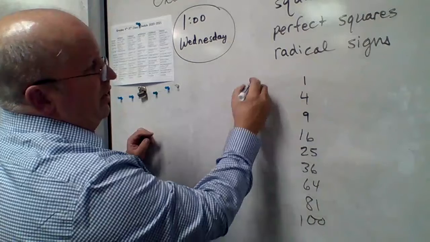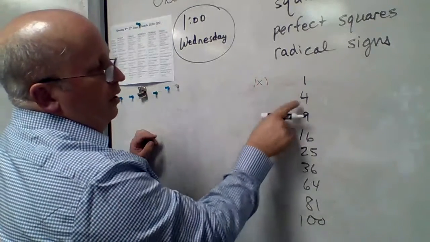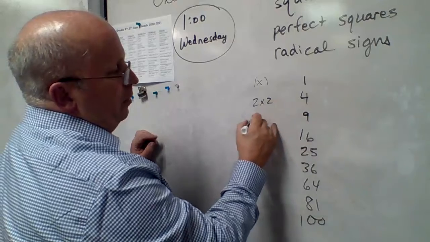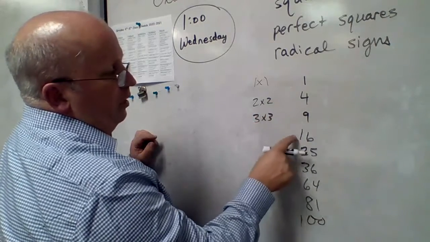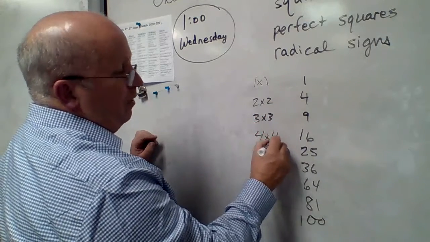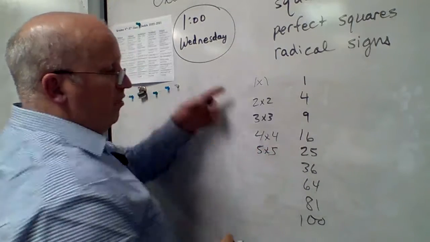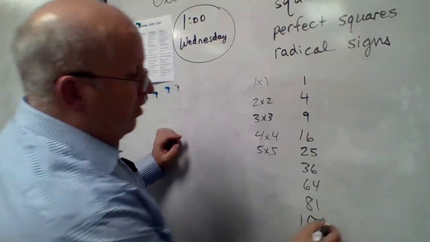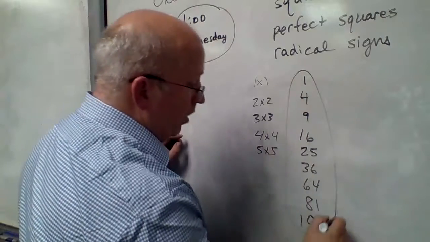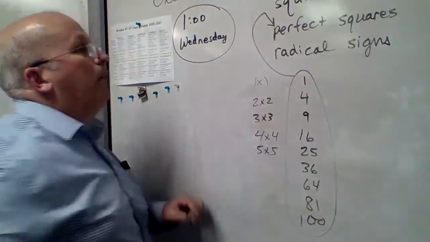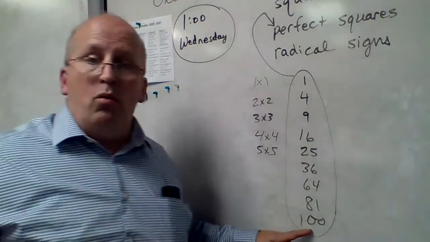Because I can get that number by taking 1 times 1. I can get that number by taking 2 times 2. I can get that number by multiplying 3 times 3. I can get that number by multiplying 4 times 4. And this number, 5 times 5, and so on down the road. These are what are known as perfect squares. Whoops, almost went too far. Perfect squares. The next one would be